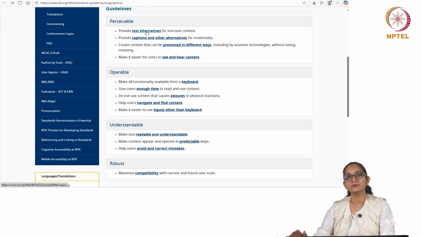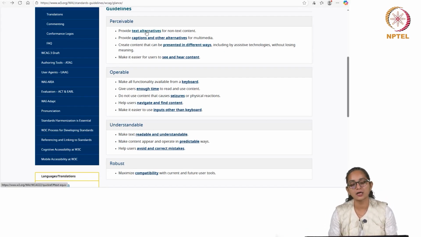If I have a visual content like a photograph, as per the perceivability criteria, it should always have an alt text or alternate text, which will enable it to be accessed by a screen reader or a talkback module or a talkback algorithm. So, this is like a gist of it.